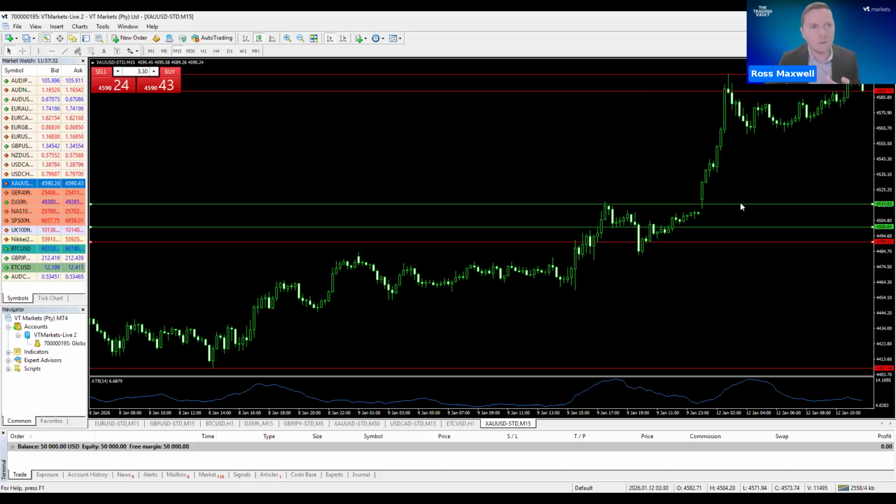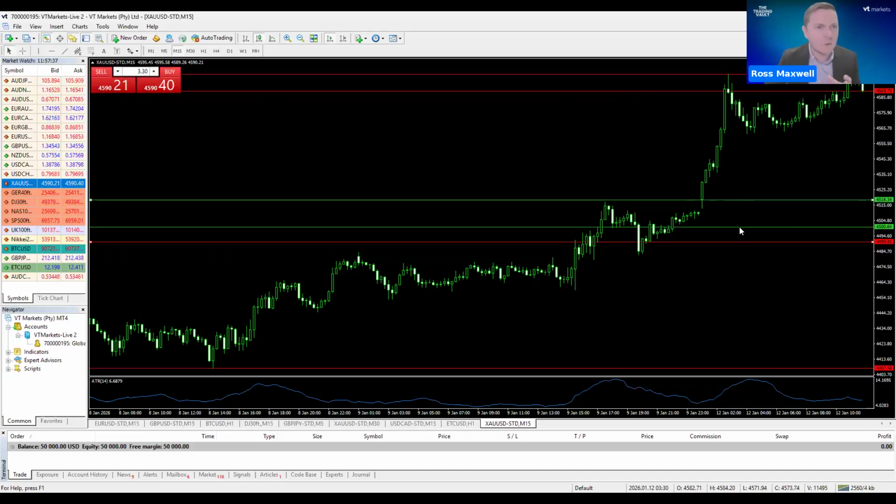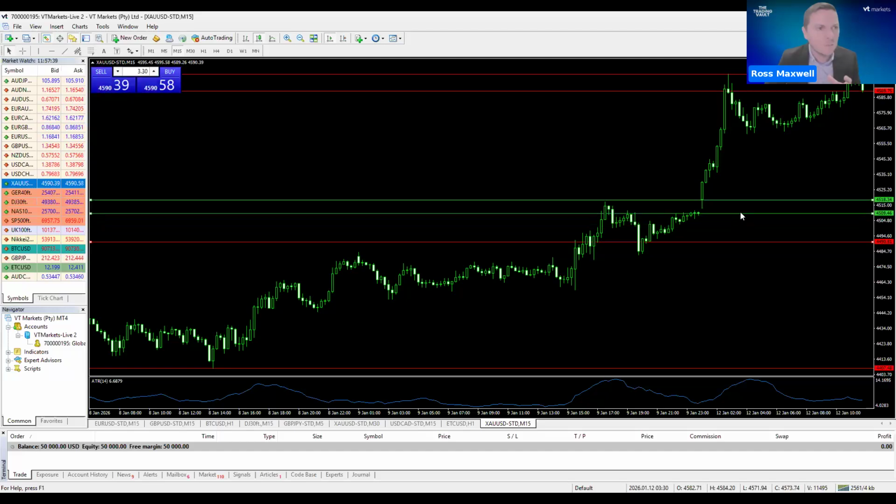So again, refining this a little bit, it's still in that same area. Here you've got a little gap. Notice this gap here. I'm not going to go into details because I haven't got time. Maybe we can cover this in another session. Gaps generally tend to get filled. They're market inefficiencies which tend to get filled.